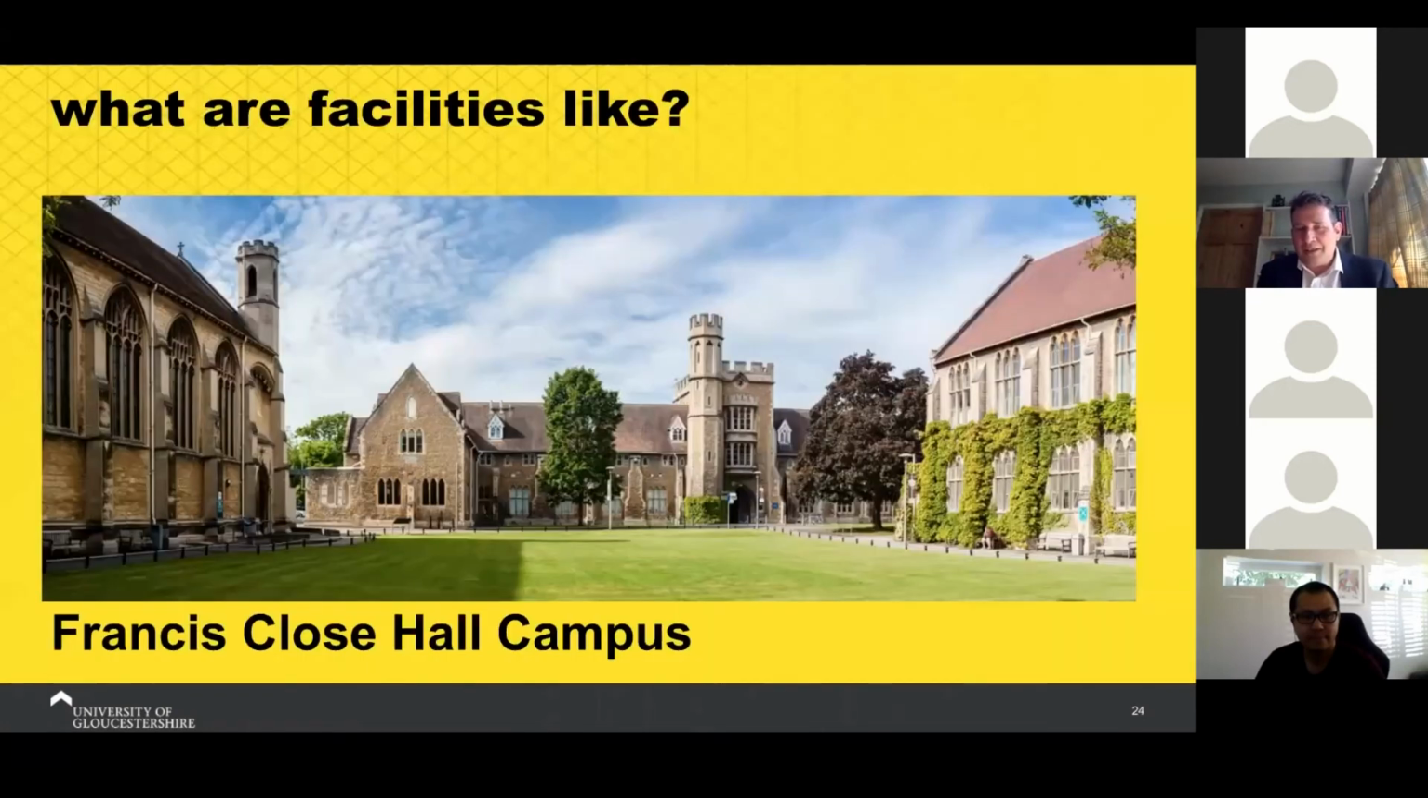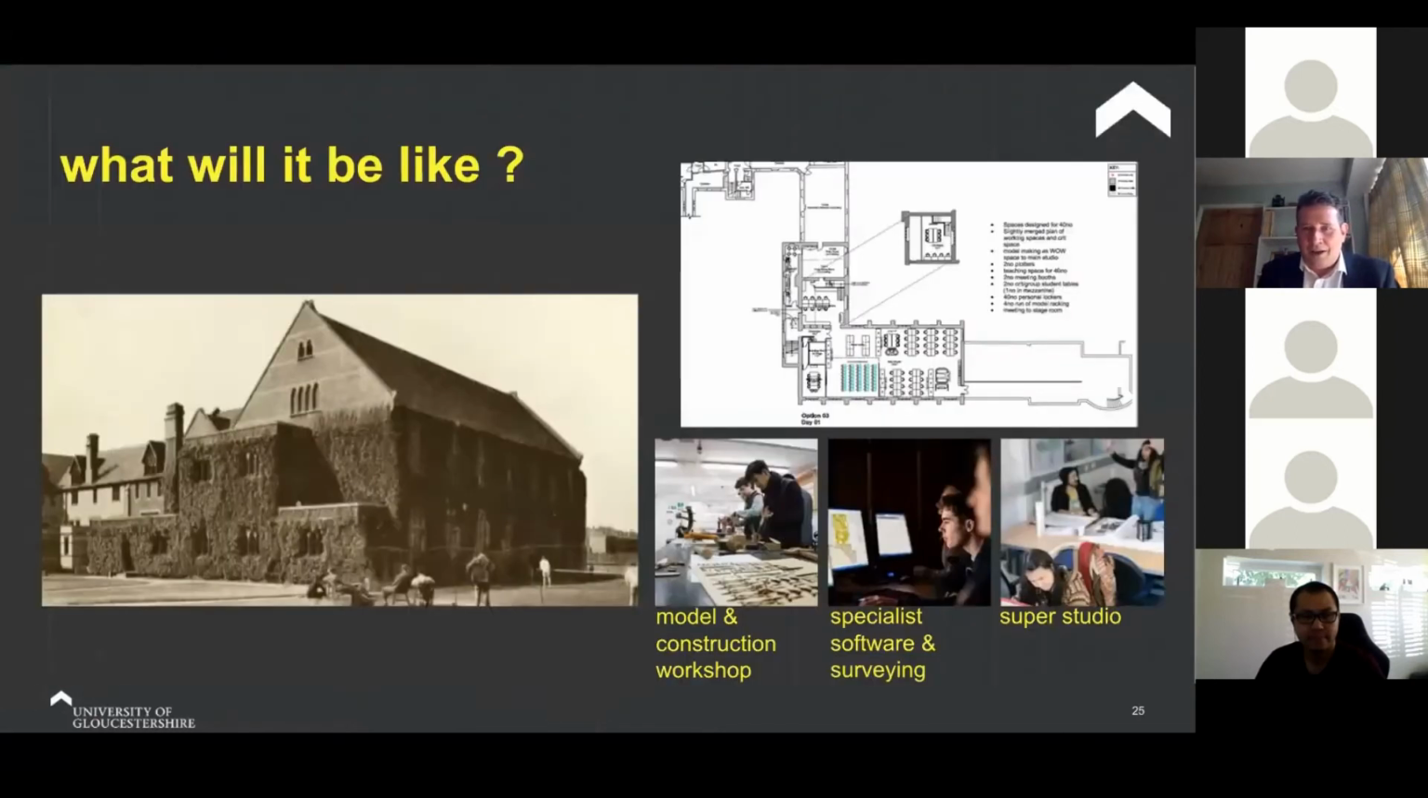So what are our facilities like? Well, this is Francis Close Hall campus. This is a campus where the ACE courses are based, and it's a beautiful, what we call a collegiate, Gothic Tudor orientated campus, very much modelled on Cambridge and Oxford universities. The architecture, construction, environment courses are all based within this building. We have really superb facilities in prefabrication, model construction, specialist software, all state-of-the-art in terms of the industry, high-spec machines,